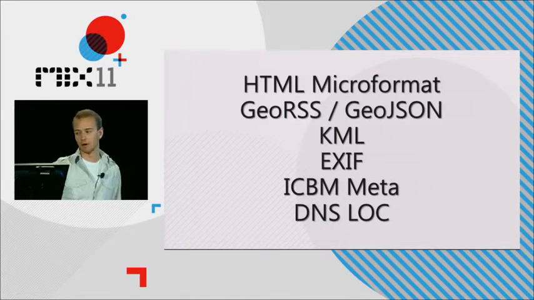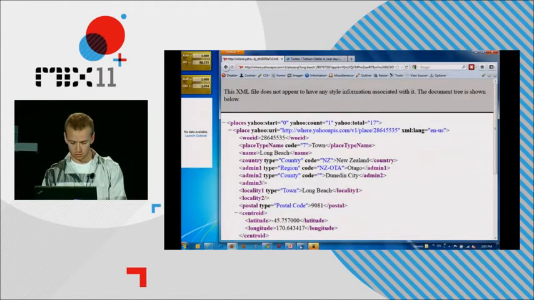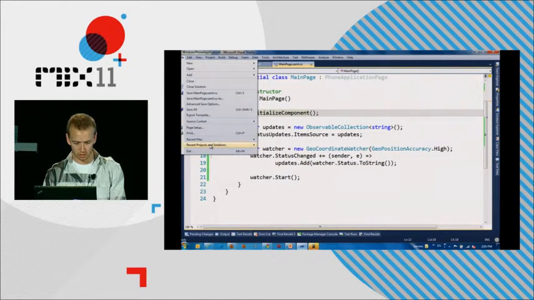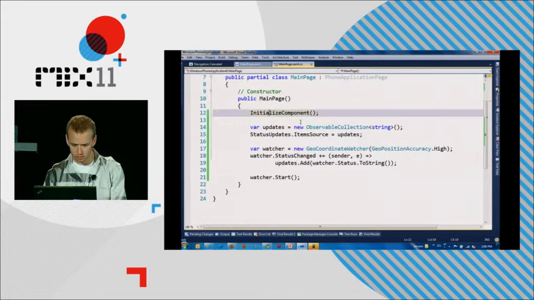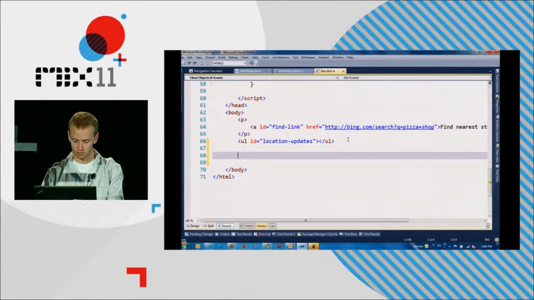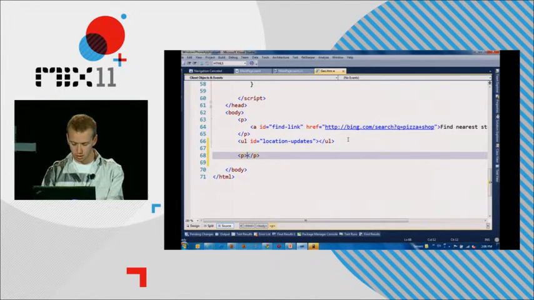We've got HTML microformats. So if we go across to our page we're working on, how many people are familiar with a microformat? A couple? All right. So if I went and said something like, I'm from, and I could say Sydney, there's